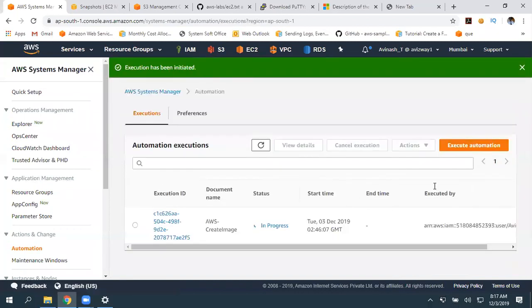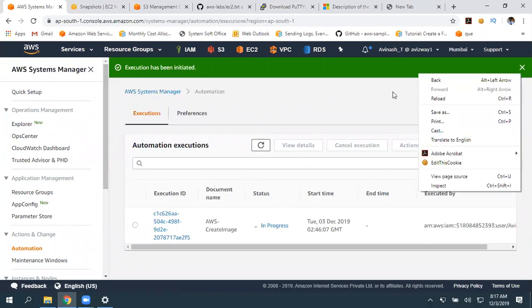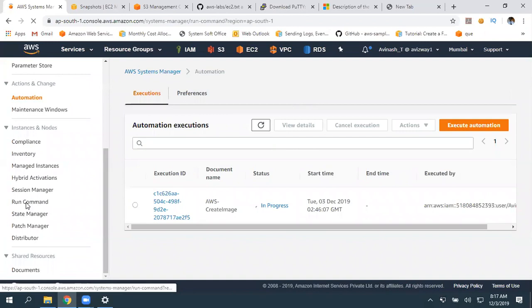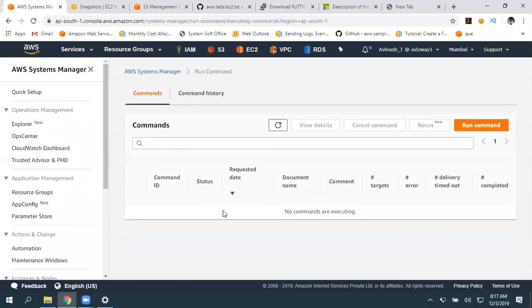So you can perform these options, and once you start building infrastructure, right, then you are going to get familiar with these options. So mainly run command, that is a Systems Manager service.